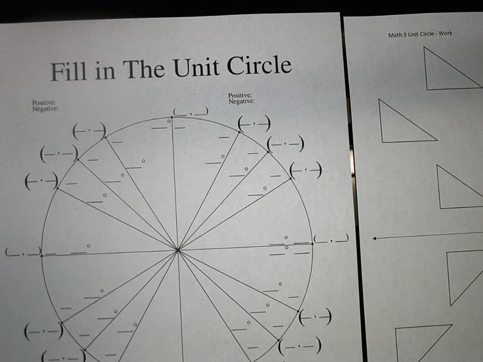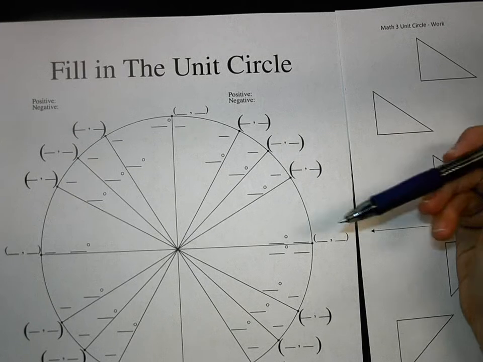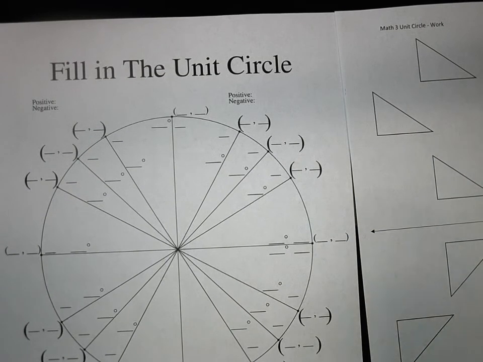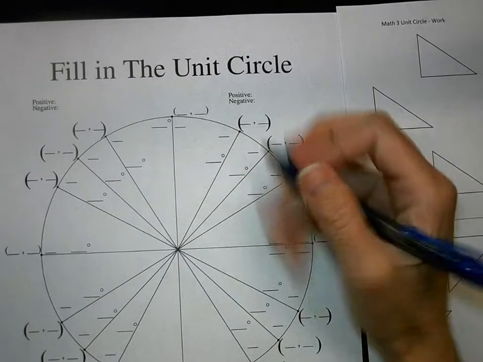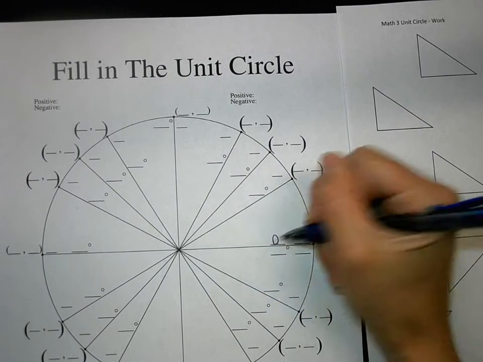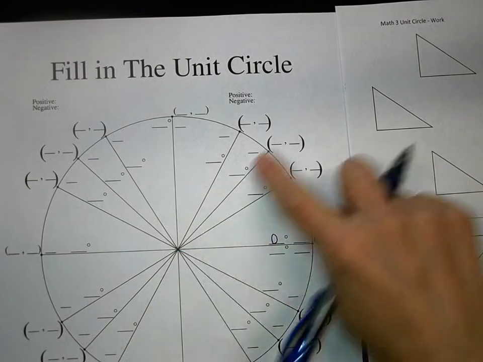Math 3, Unit 10, we're going to talk about filling in the entire unit circle. The first thing when you are filling out the unit circle is to fill in the degrees. We know this starts at 0. The next one I like to fill in is all the 45s because I know the 45 is in the